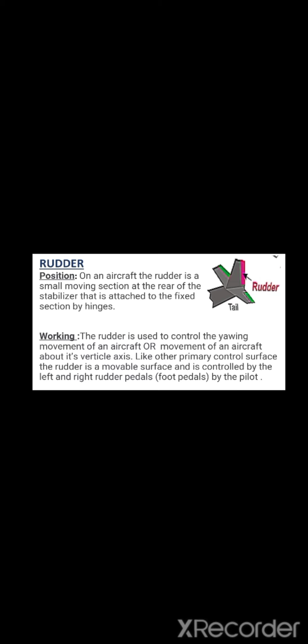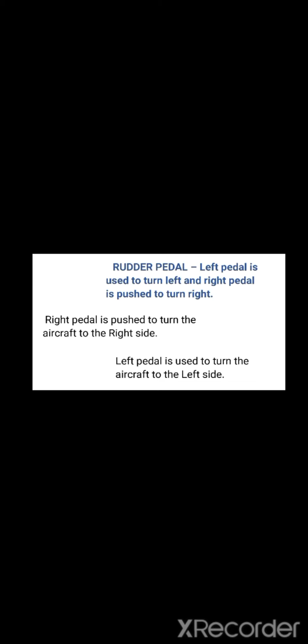Because the rudder moves, it varies the amount of force generated by the tail surface and is used to generate and control the yawing motion of the aircraft, and hence is used to control the position of the nose of the aircraft. We have to understand that to keep the airplane coordinated during a turn, we need to apply the rudder in the direction of the turn.